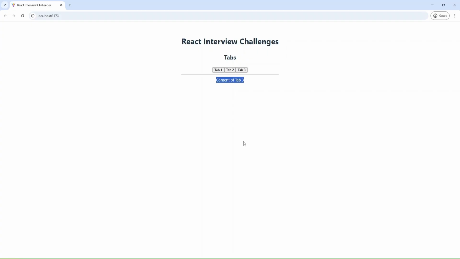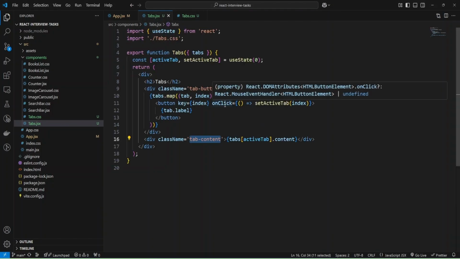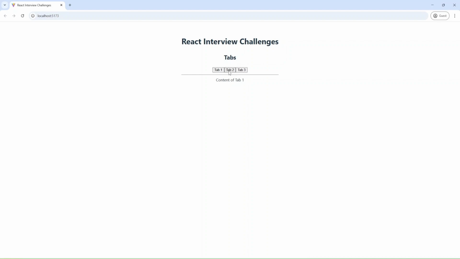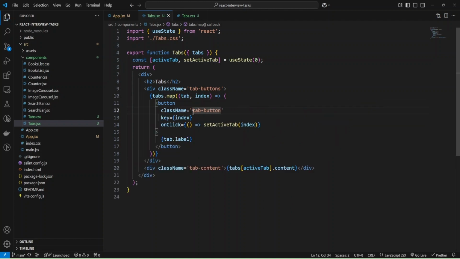Let's check, and as you can see we have border and padding. Okay, and also let me add styles for button, and for button we can add active indicator to mark active button, and for that let me add styles for class for button, class name, and provide button, and let's add styles for that button.